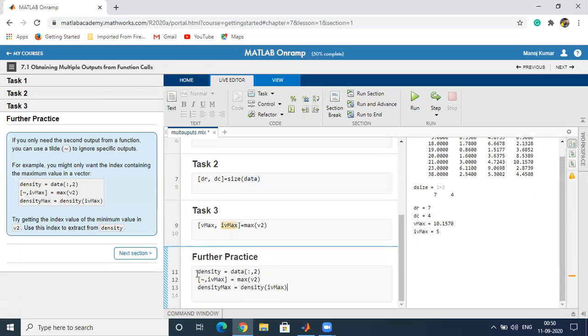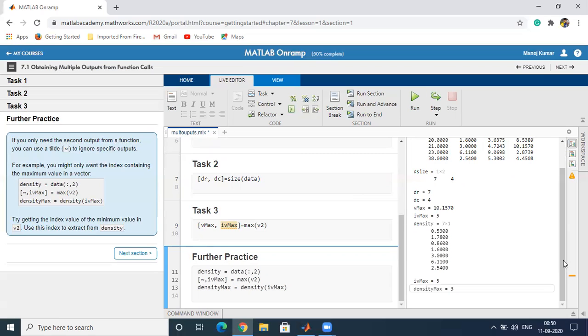The first command is density equal to data colon 2, so it will extract the second column. Next, the max function on v2, and inside the square brackets tilde comma ivmax. So it will give the index only, which is at the sixth position. Now we are calculating the density at the sixth position, which is 6.1100. So let's run to get the output.